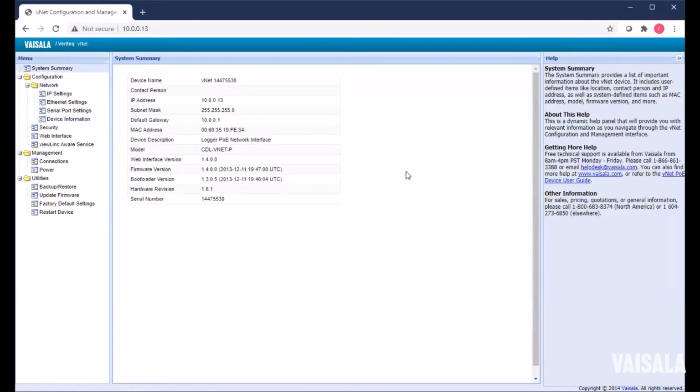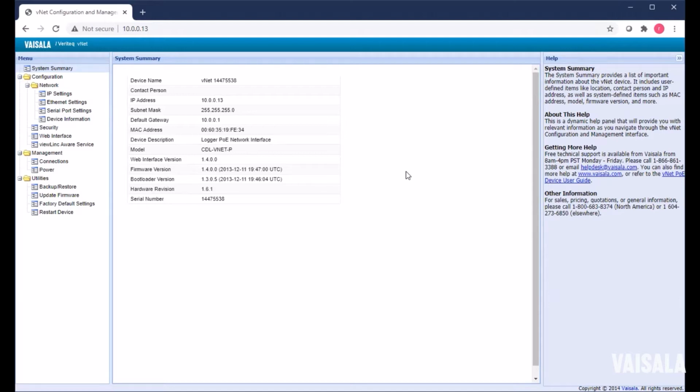Now that we've actually gone through and verified the settings inside of the VNet device, the next step is to actually get this device that you're communicating with, whether it's from a local laptop or whether you're on the server. You're accessing this device through a web UI, so you're talking to it through port 80.